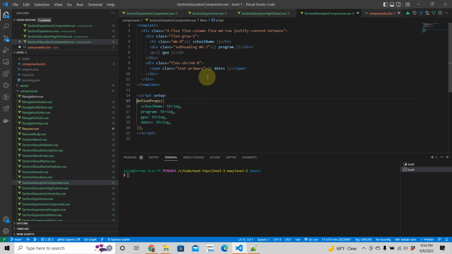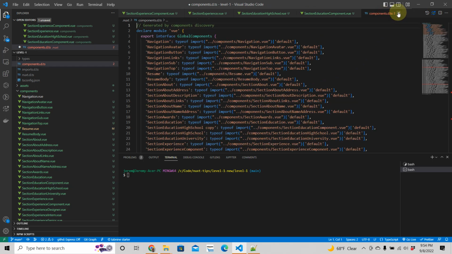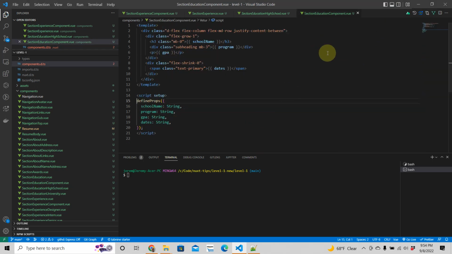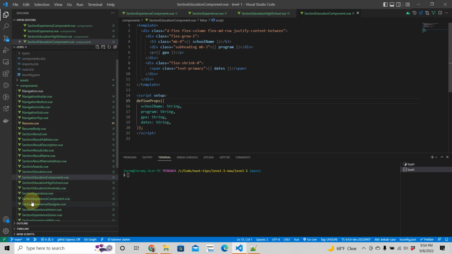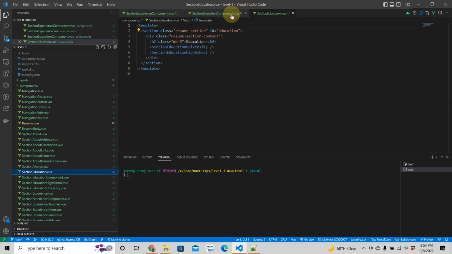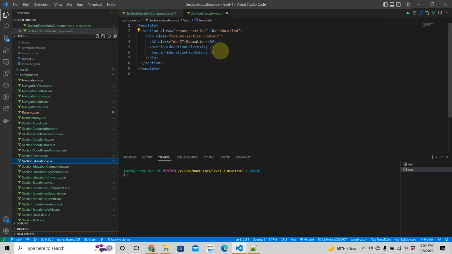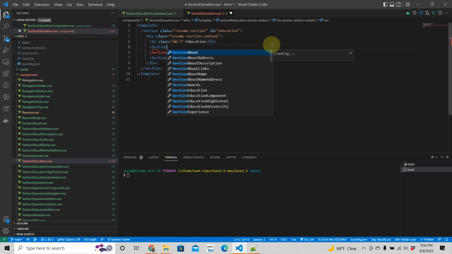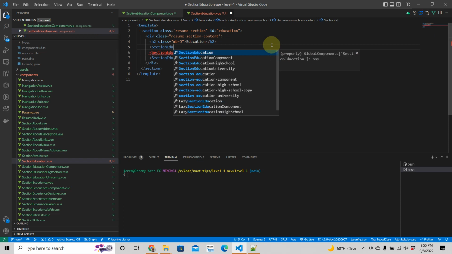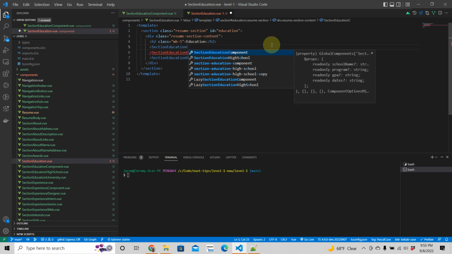So defineProps. Okay. So section education component. I'm going to close that. Just don't save. Leave that alone. Section education component right there. So what we're going to do is go to section education. Just going to close section experience. Section education, and right there we're just going to call section education component,